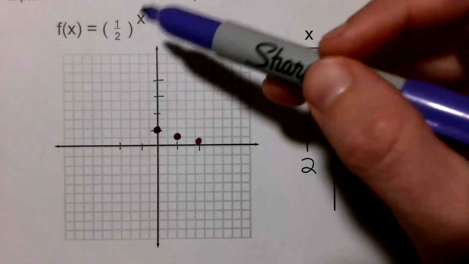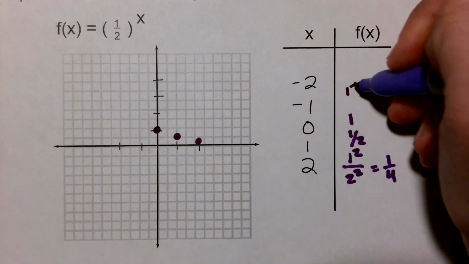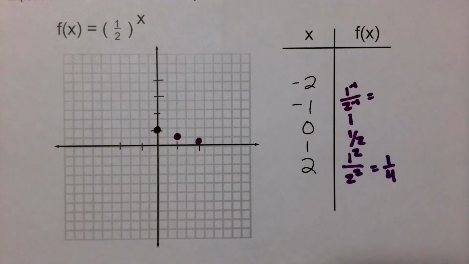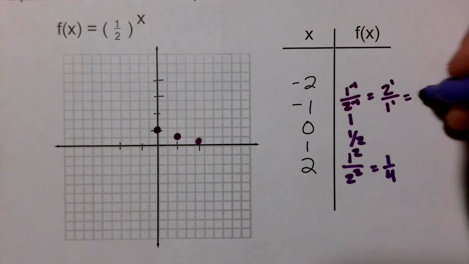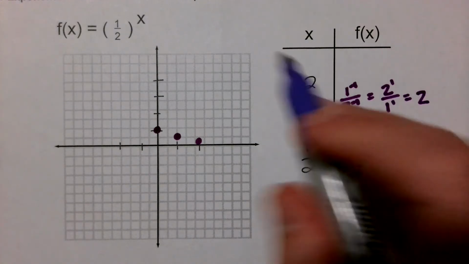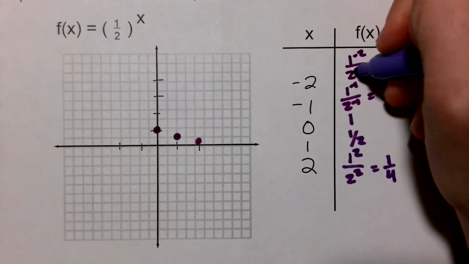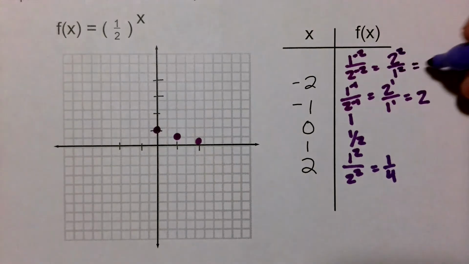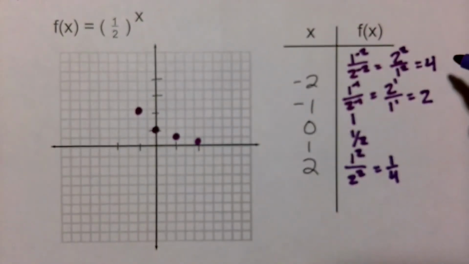In this case, if I'm plugging in a negative, so if I have 1/2 to the negative first, so like a 1 to the negative first and a 2 to the negative first, I would actually need to flip it to get the positive exponent. So I've got a 2 over 1. And the same thing is going to happen when I plug in a -2. I end up with negative exponents for both, which means that I've got a 2 to the second over 1 to the second, which is 4. So kind of the opposite thing happens as what happened with growth. So let's see, then I've got a -2.